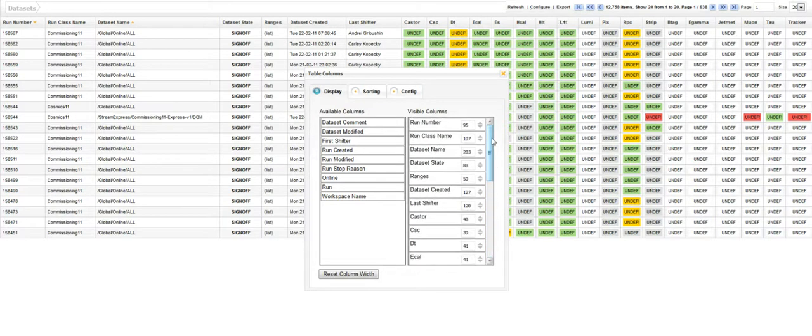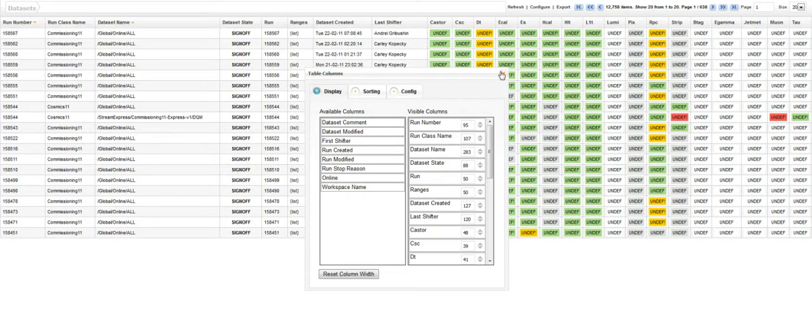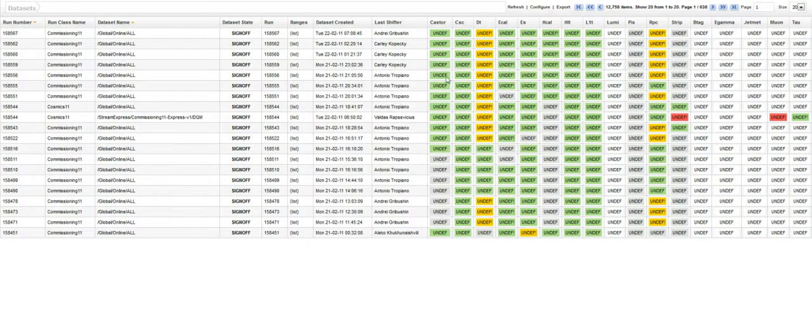So this might be a feature not of a data set but of a run. We have to add a run column to the visible column list, and this run is actually not a dummy run number like here, long type, but this is a